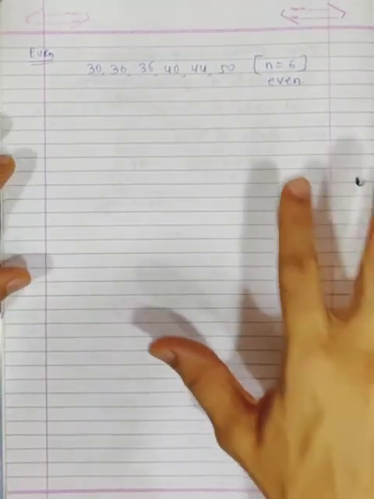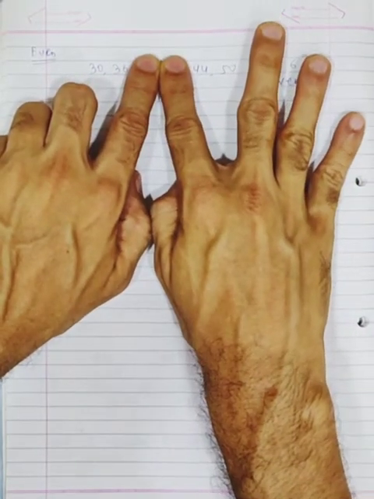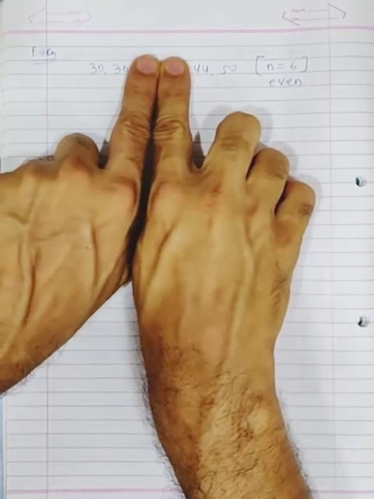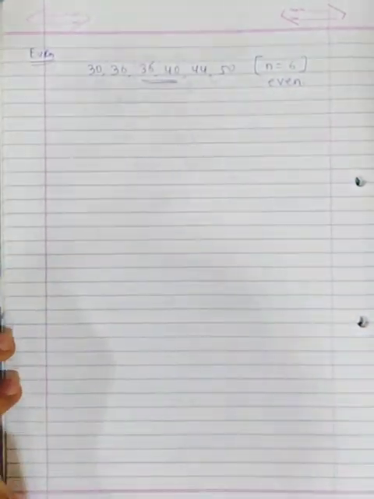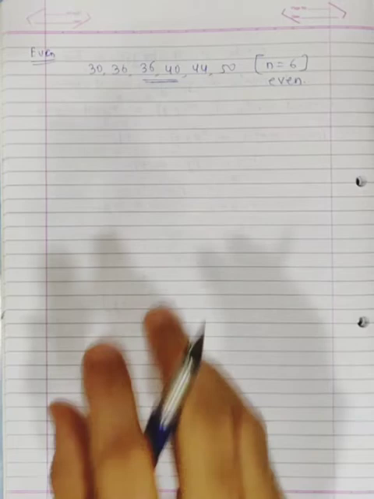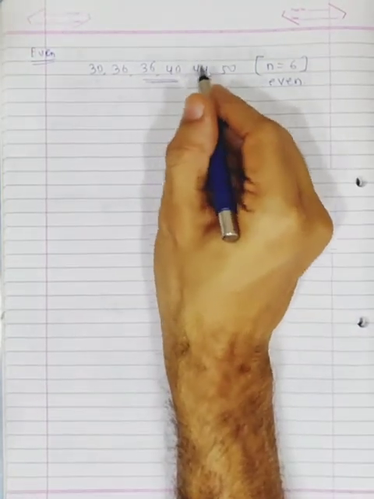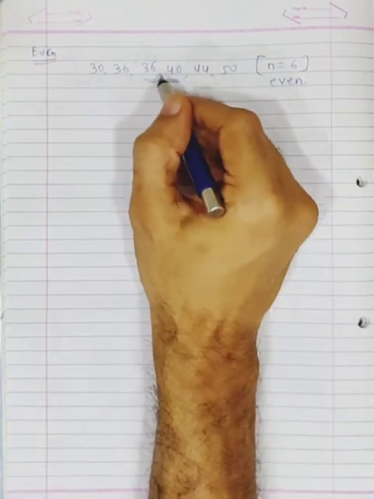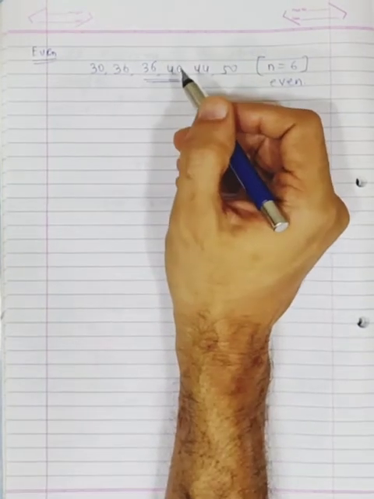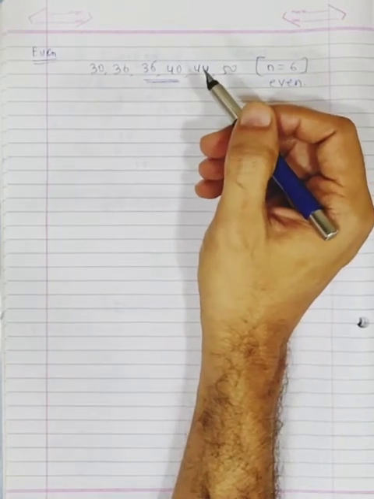Now, how to find it when the number of observations is even? Let's try our old method: last two terms, and last two terms. You are left with nothing now. So what we basically have to do is, because there are two terms which are coming exactly in the middle, we will take the average of them. Remember, the average of these two middle terms is called the median. So you can just add them. What is 36 plus 40? 76 upon 2, 38. So that's the median.